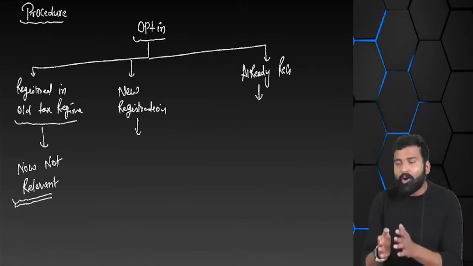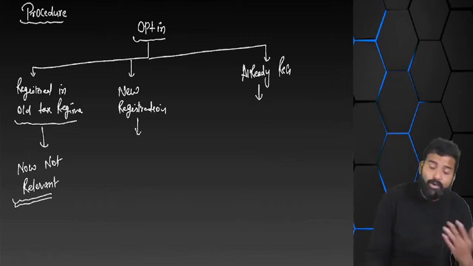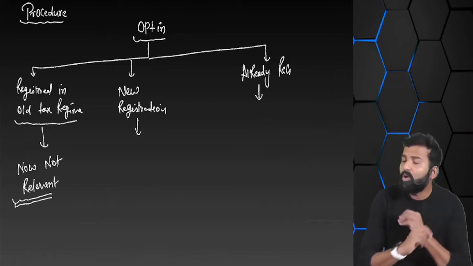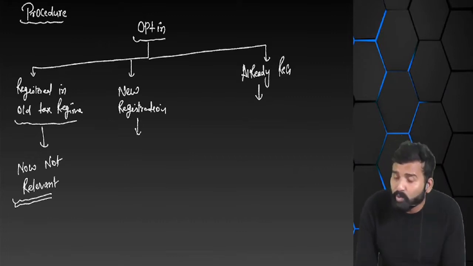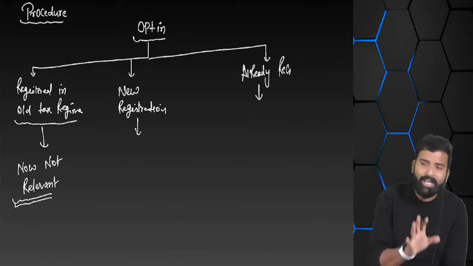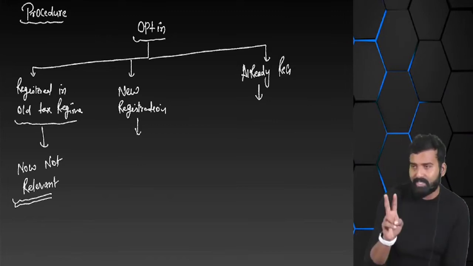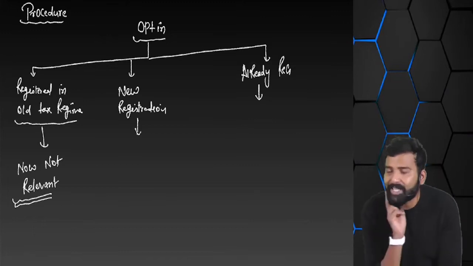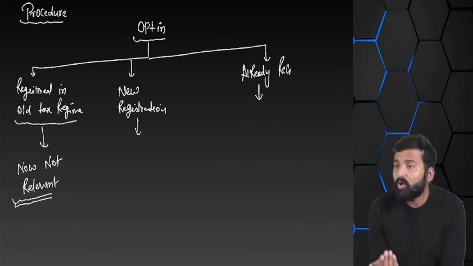So in module, it is also written that a person who was registered in old tax regime, how he will register in the new tax regime. We don't have to cover that. Why? Because now this is not relevant. We are in 2021. This provision was only applicable for 2017. So now this is not relevant. So then what is relevant? The 2 options. Department will ask you whether you are already registered or whether you are